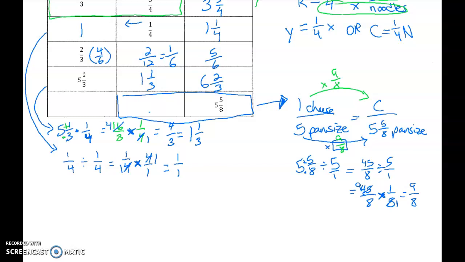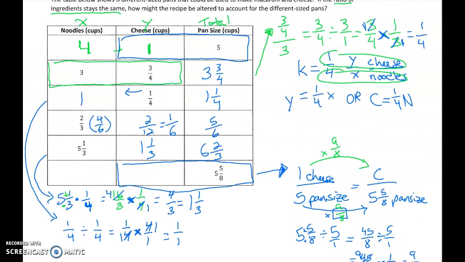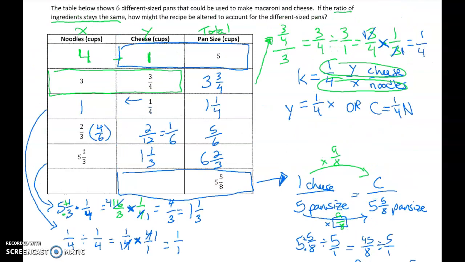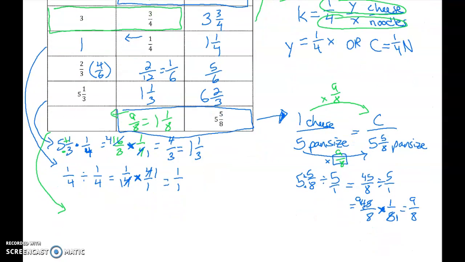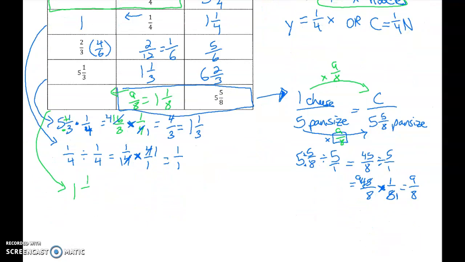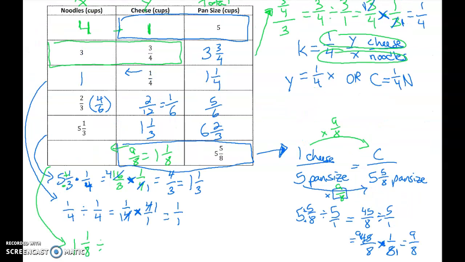Well, 1 times 9/8 is just going to be 9/8. So my C, my cheese right here, is going to be 9/8. Or you could write that as 1 and 1/8. Now, last thing, remember, if I want to go this way, I got to divide. So I'm just going to come down here, and I'm going to take 1 and 1/8 and divide it by my constant of 1/4,